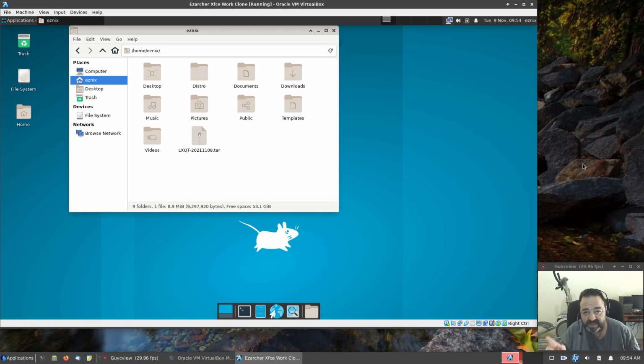Now what we're going to do today is walk through the build of one of my Ezarcher templates. I noticed on the Arch website that all of the LXQt packages have just been updated, and they're now at, I believe, version 1.0. Yes, finally, LXQt has graduated to a 1.0 release, I believe. So we'll build the LXQt